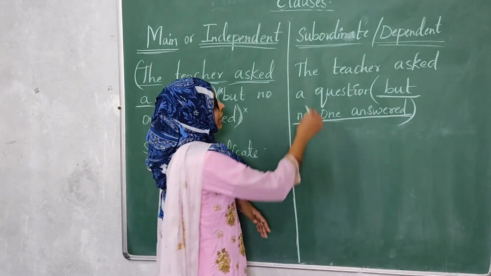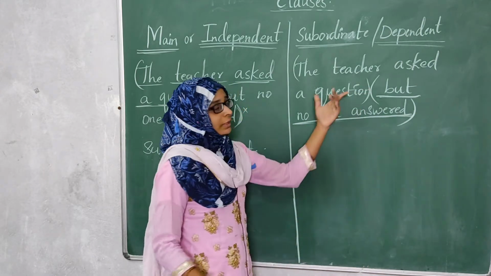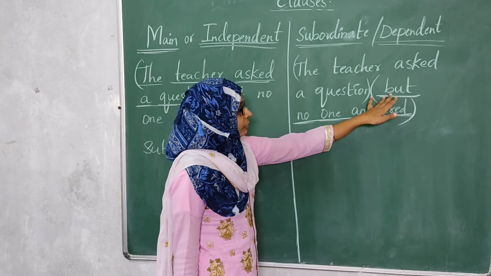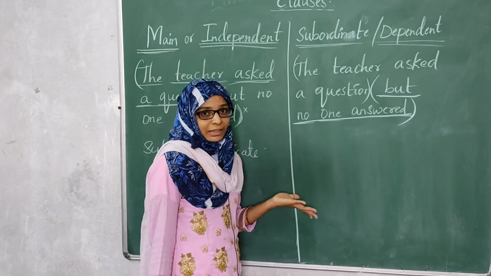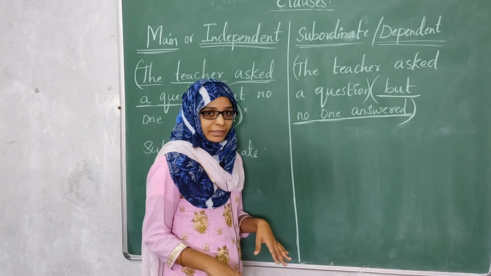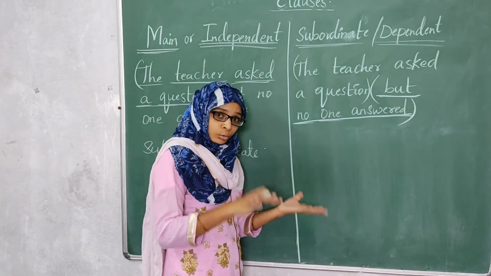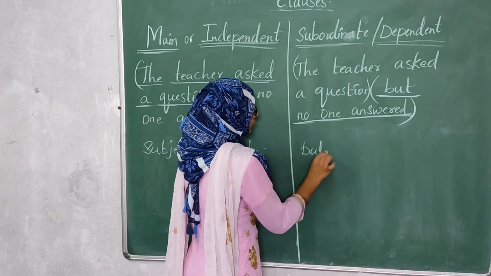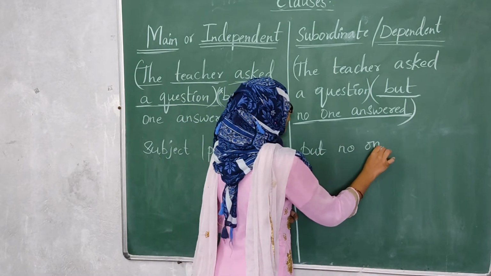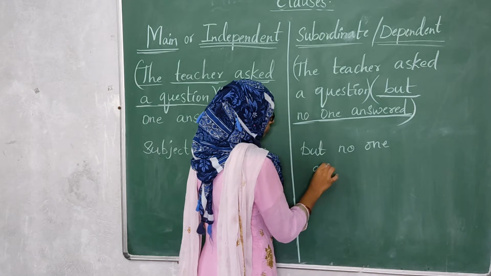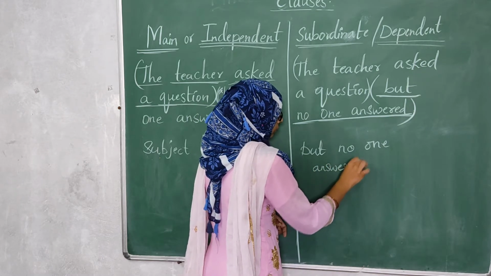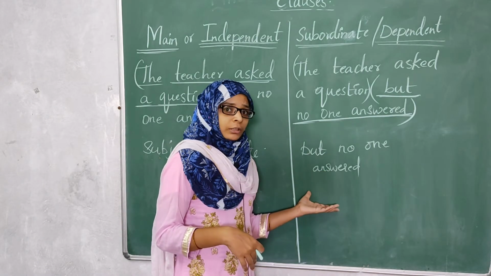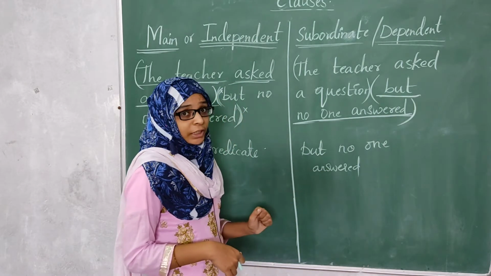So if we consider the teacher asked a question, this is giving us the meaning. But if you look at this group of words, but no one answered. Who did not answer? Who did not answer to whom? You will raise questions in your mind. So are you getting any meaning through these words? But no one answered. You are not having any complete idea. You will just get to know that no one answered. But what was that to be answered? So this is not giving us the complete information.